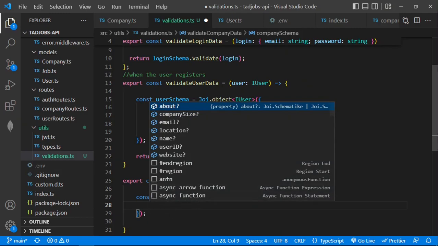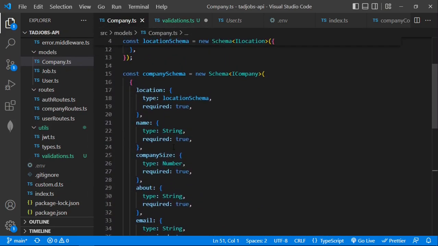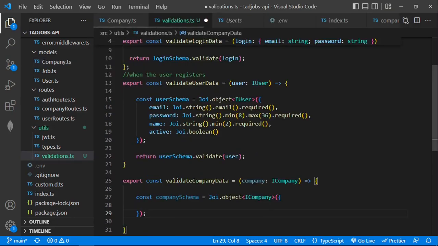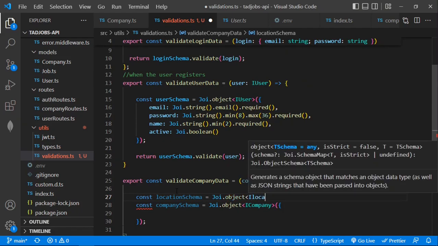But before we continue, if you have watched the previous video, you know that with the location we basically nested an object here. Let me open company here, and if you look at the location, you can see the type of this location is a location schema, which means we have an object inside an object. So we're essentially going to implement it the same way we did with the mongoose. We're just going to say location schema here, Joi.object, ILocation,